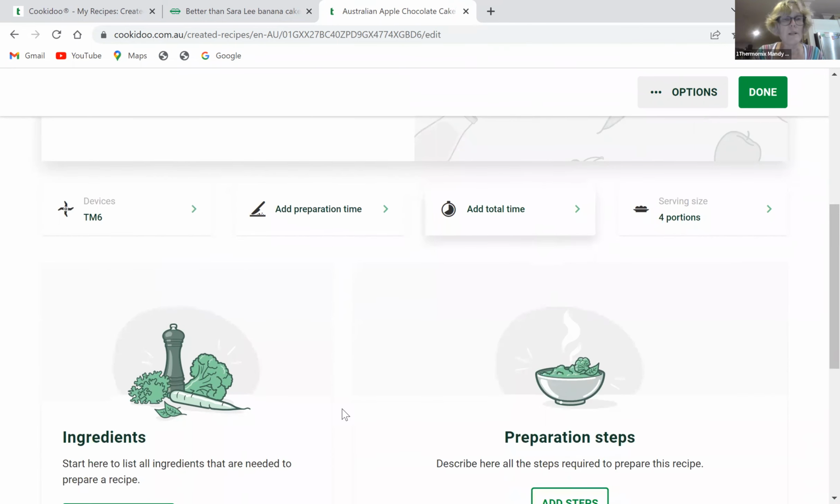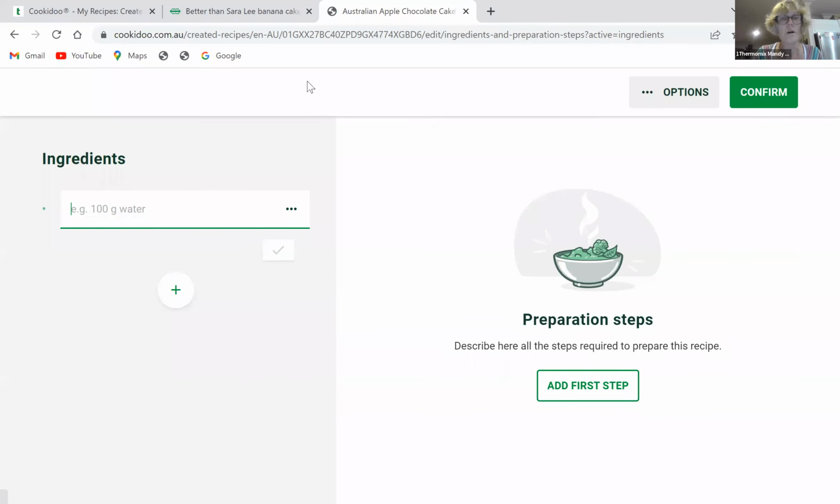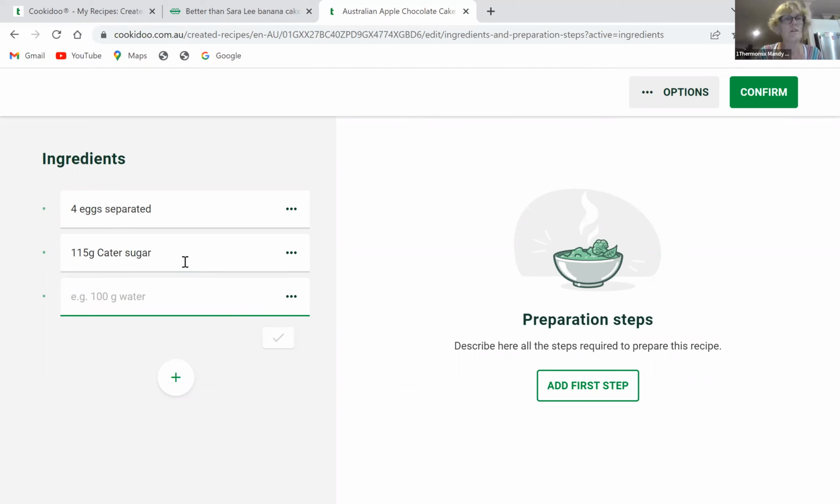These I'll work out later, but here we go. That's where I can add my ingredients. So my ingredients are 4 eggs separated. There's not many ingredients. I chose something that was very easy. 115 grams caster sugar,